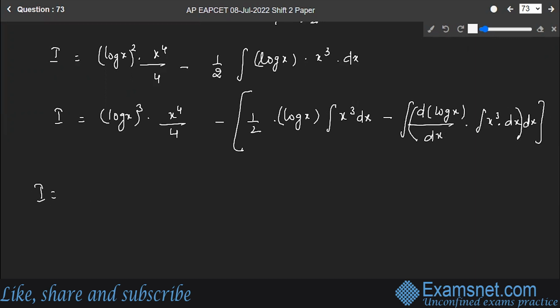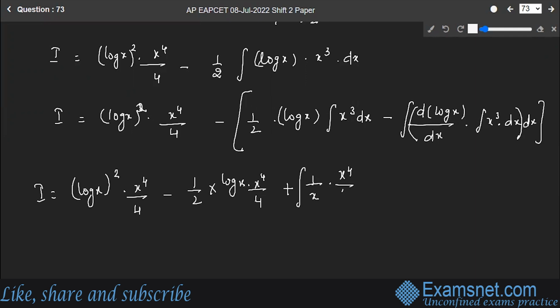So this I will be given by (log x) squared into x raised to power 4 minus 4, minus this will be half into log x into x raised to power 4 upon 4 minus derivative of log x is given by, so minus minus will be plus, and you will have integral of 1 by x into x raised to power 4 upon 4, right? So I is equal to